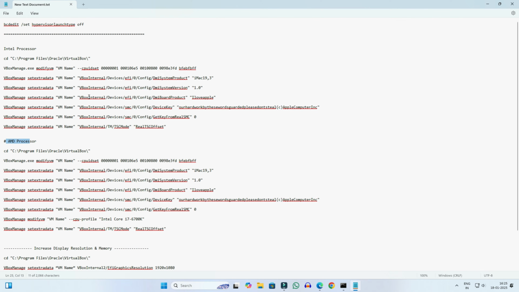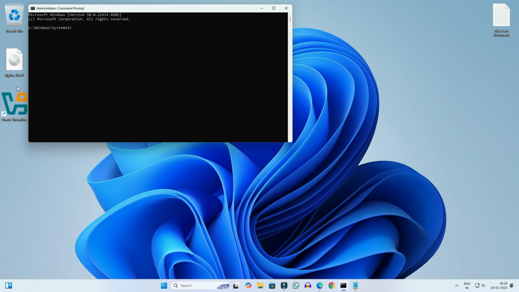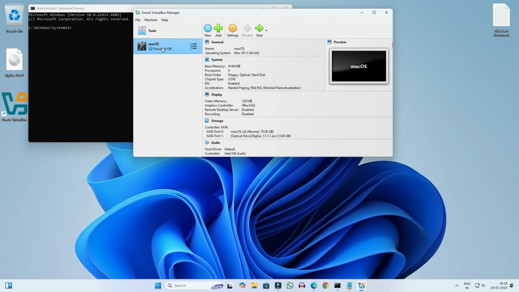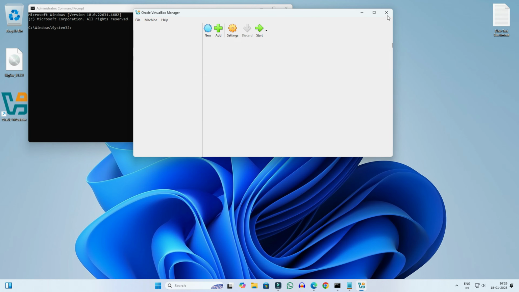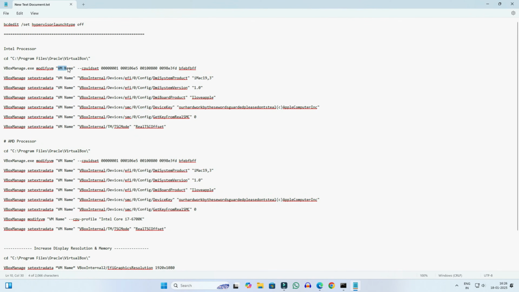The name option given here, here you have to write the name that you had named your virtual machine in the VirtualBox. As you can see, I had named it macOS. Here, whatever name you had given, you have to type that name here. Like I deleted from here and typed the same name that I had named my virtual machine in the VirtualBox. So you have to change it in this way.